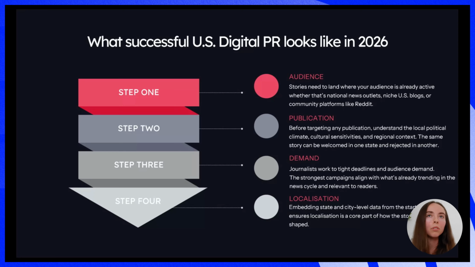The most important thing I want to drill in is that success will never come from just having a really strong data set or a really shiny press release. It comes from, first of all, studying where your audience are consuming the news. Getting a really high DA link on a publication or site where your audience doesn't read or doesn't care about, to be brutal, essentially means nothing. Research your publication's tone of voice too. Does it feel natural when it lands in that journalist's inbox? Is it something that publication covers time and time again?